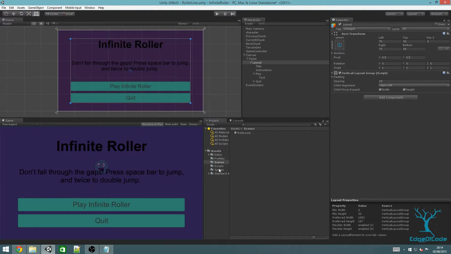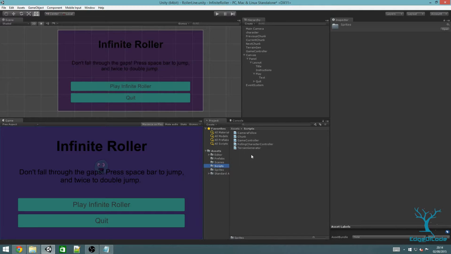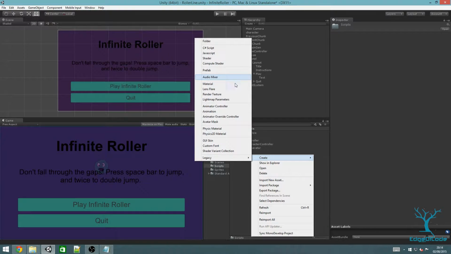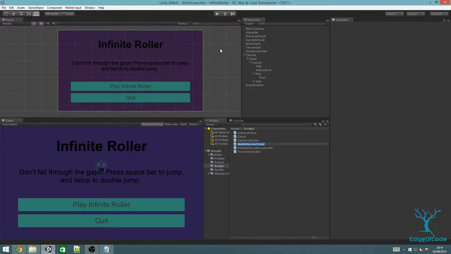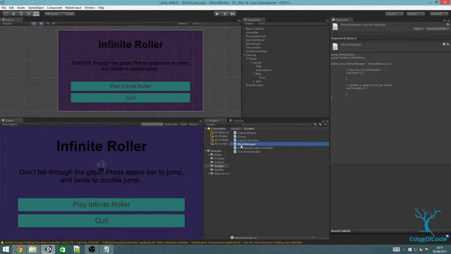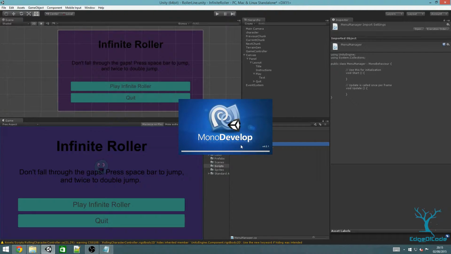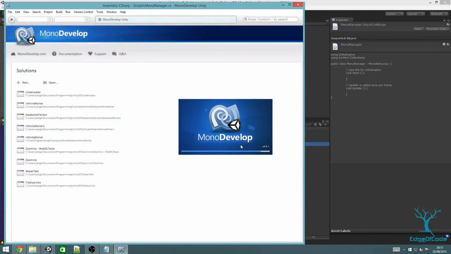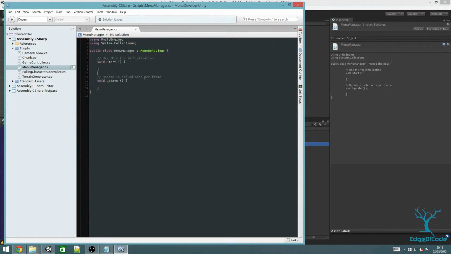So in the scripts folder, create a new C# script and call it MenuManager, and open the file. Okay, so first delete what's already in there, and now